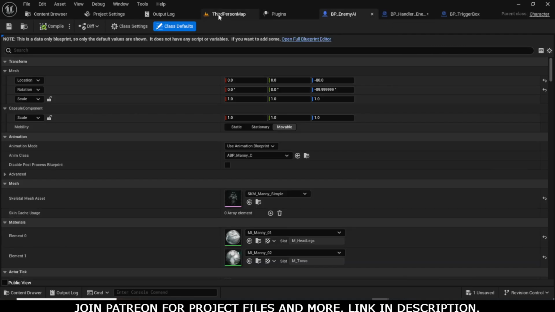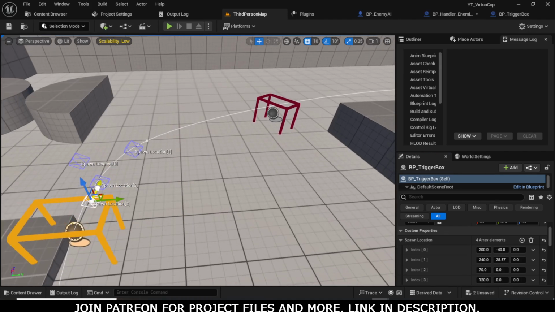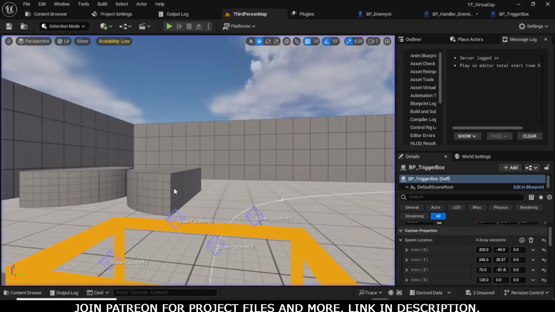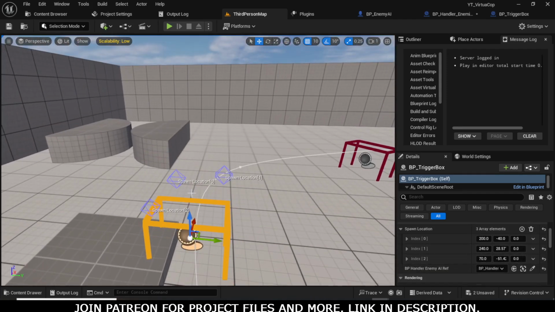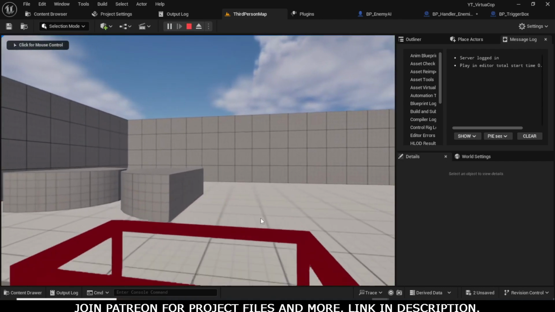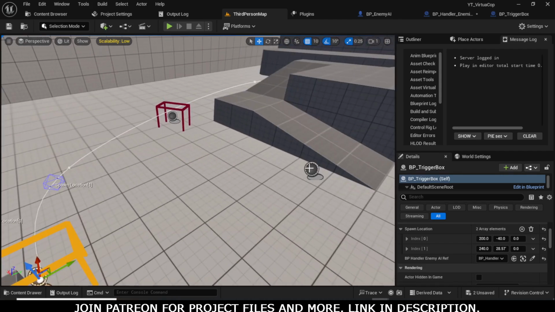In there we can increase the number of enemies to spawn. It means now 4 enemies will spawn, like that. And if we delete any one of them, it's deleted. Now delete another. Now only 2 enemies will spawn. So it means that variable inside that trigger box is responsible for telling our handler enemy actor